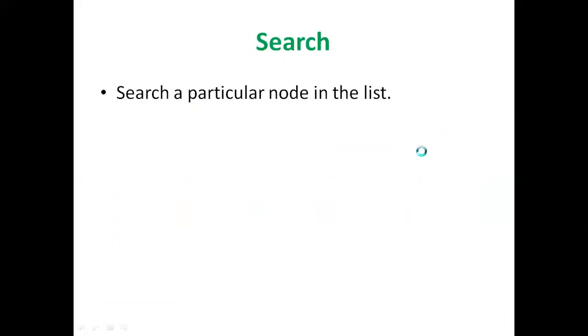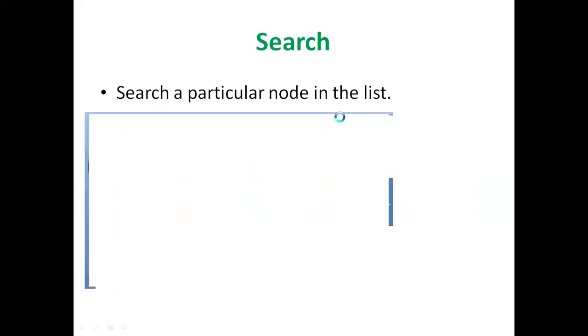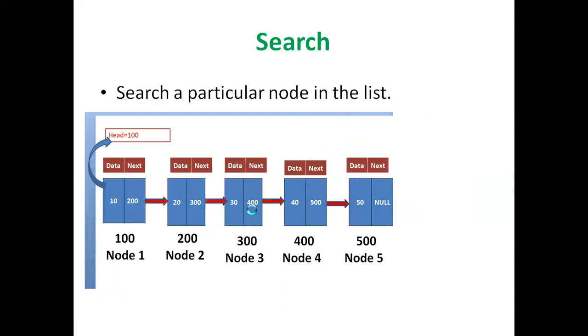Search operation. Search is for a particular node in the list. Search is used for searching an element in the list, to check whether that element is available in the list or not. How to search? If you observe this, I want to search 30. To check whether 30 is available, initially, again by using a while loop, assign temp equal to head. We travel until our key is found or not. So 100 arrow data 10. 10 is equal to our key, our searching element 30? False.